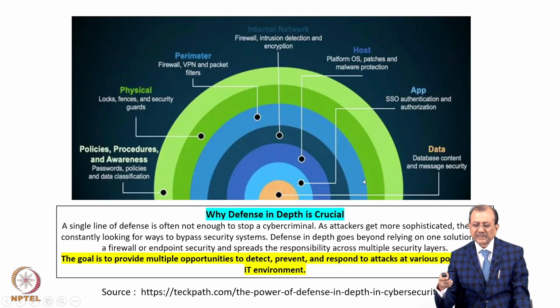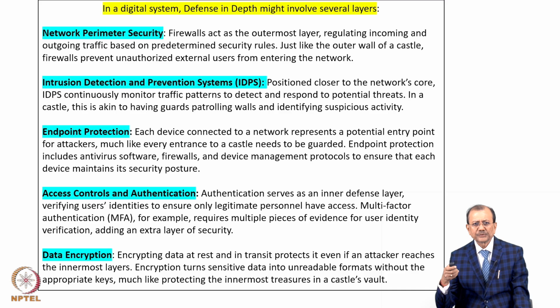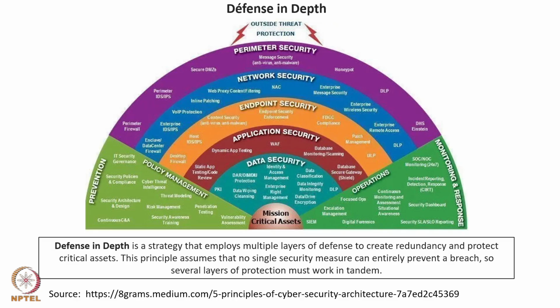This is a similar situation to the case of a castle. I have described in this slide all these layers, 4 or 5 layers of defense in depth, which we have discussed. So this picture shows the framework of layered security which we should try to build in our organization,